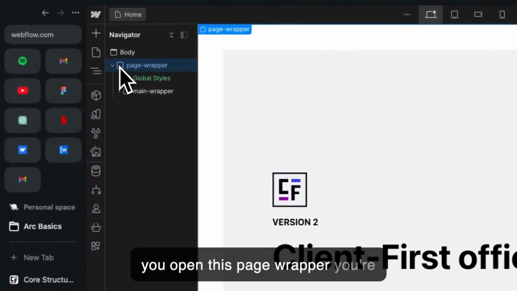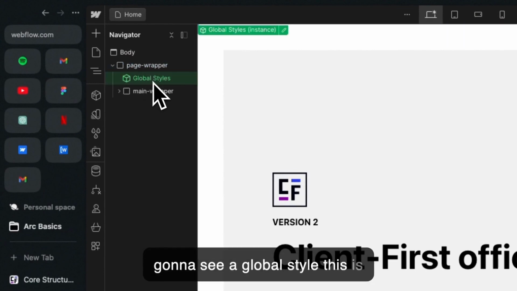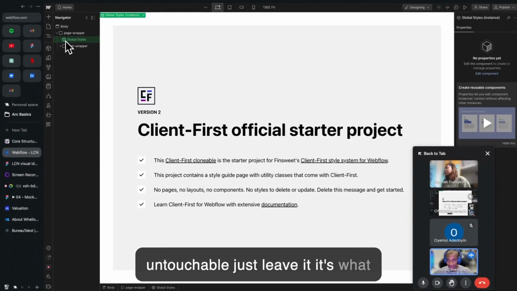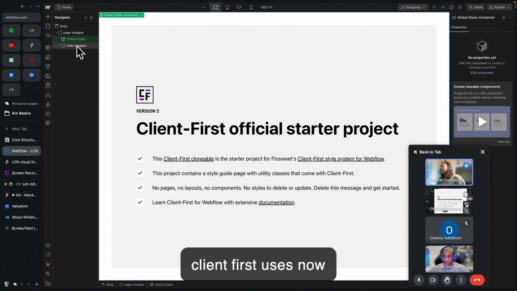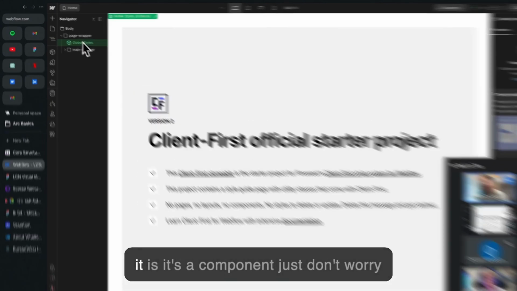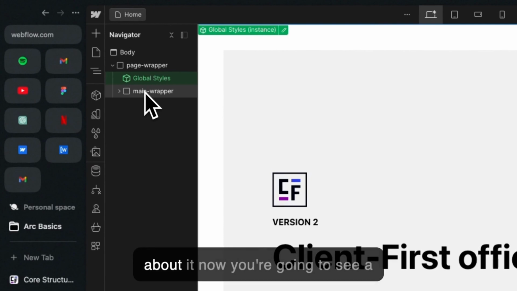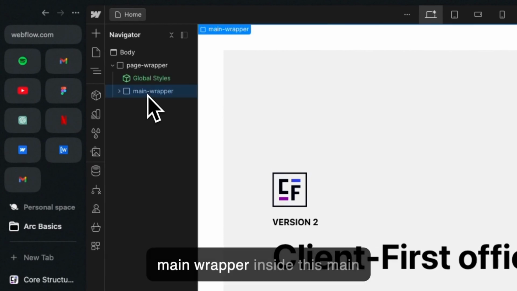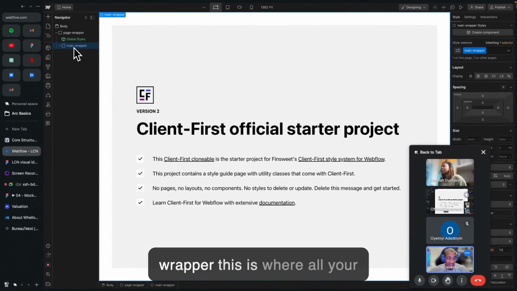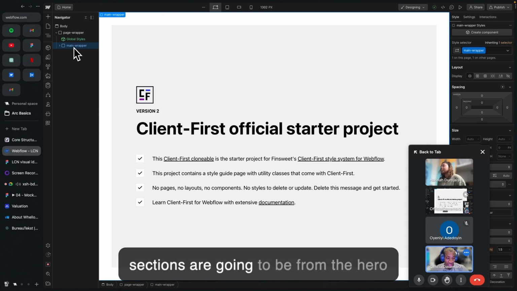If you open this page wrapper, you're going to see a global style. This is untouchable. Just leave it. It's what client first uses. Now, yeah, it's a component. Just don't worry about it. Now you're going to see a main wrapper. Inside this main wrapper, this is where all your sections are going to be